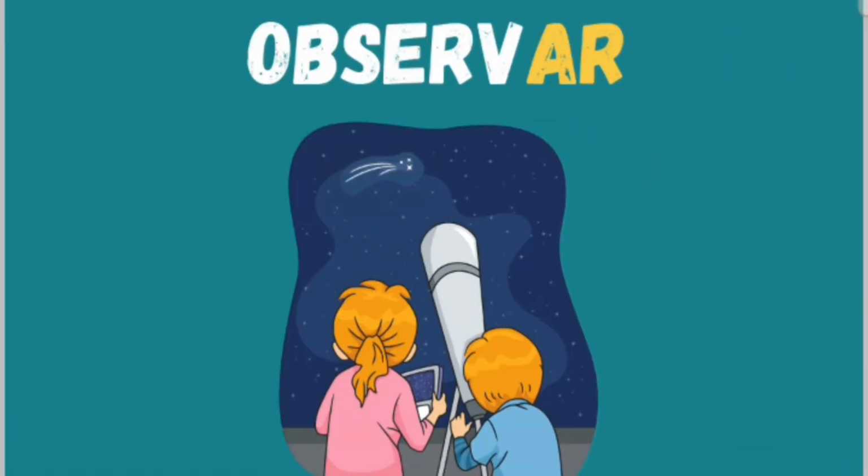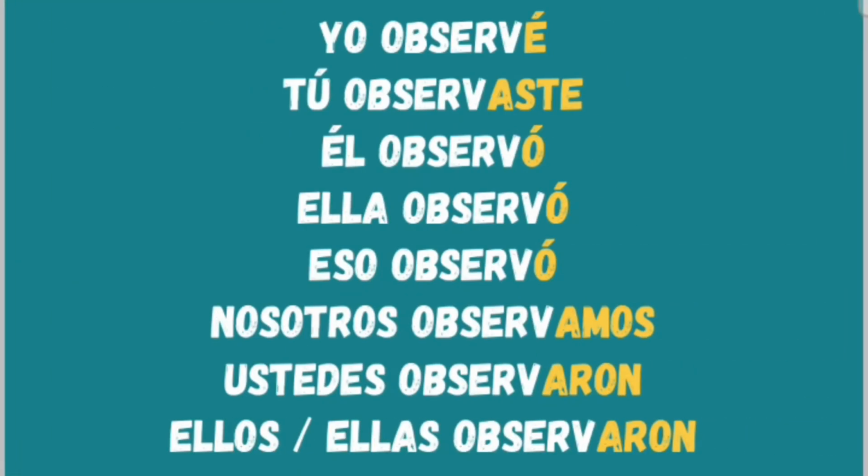And now let's see another verb. We have the verb to observe, okay? To observe in Spanish means observar. Now let's see how we're going to conjugate this verb in the indefinite past in Spanish, okay? In English, we say I observed. In Spanish, you're going to say yo observé. Okay, see the root word in this case will be observ, and then the ending according to the personal pronoun you have, okay?